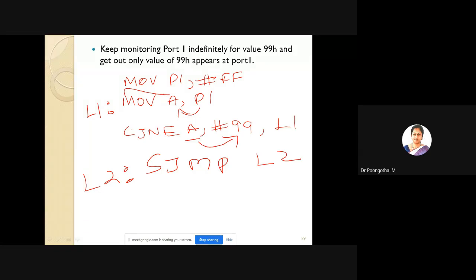So first you configure P1 as an input port and transfer the content of P1. So whatever data is available in P1, transfer that value to accumulator and compare accumulator value with 99. If both are equal, you come out of the loop and terminate the program. Otherwise, keep on checking the value of P1 with 99. So that is the logic.